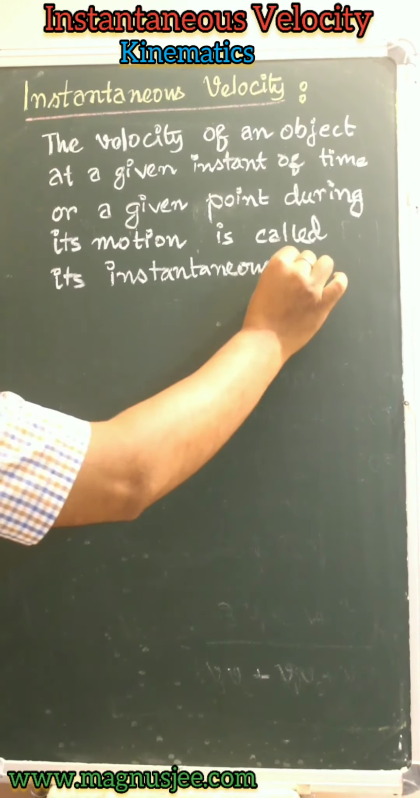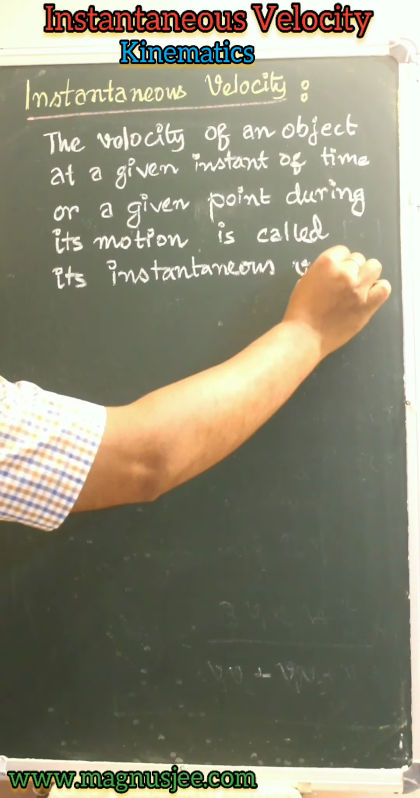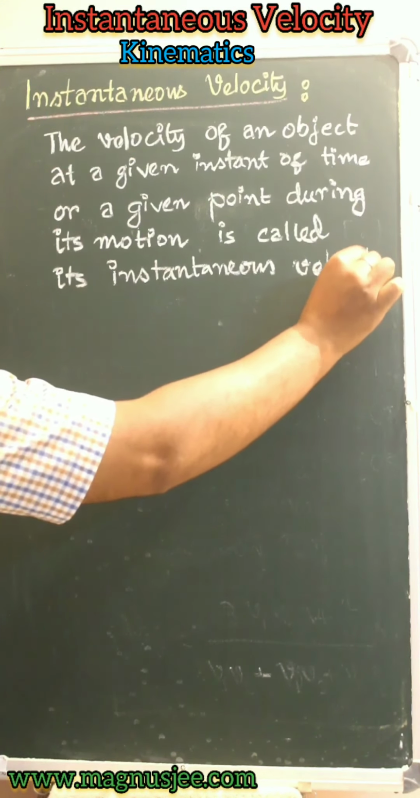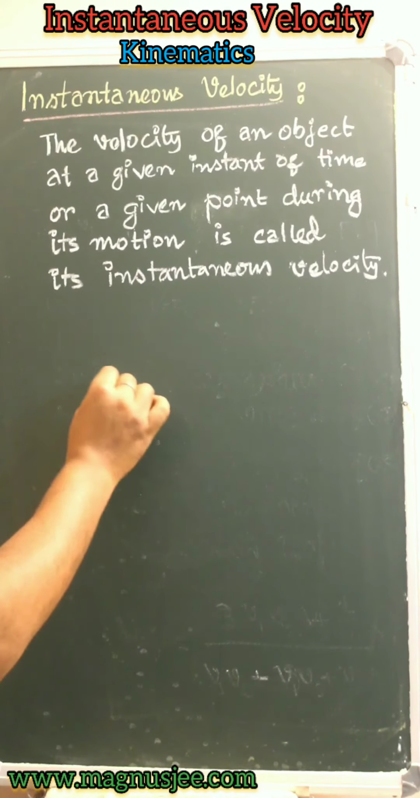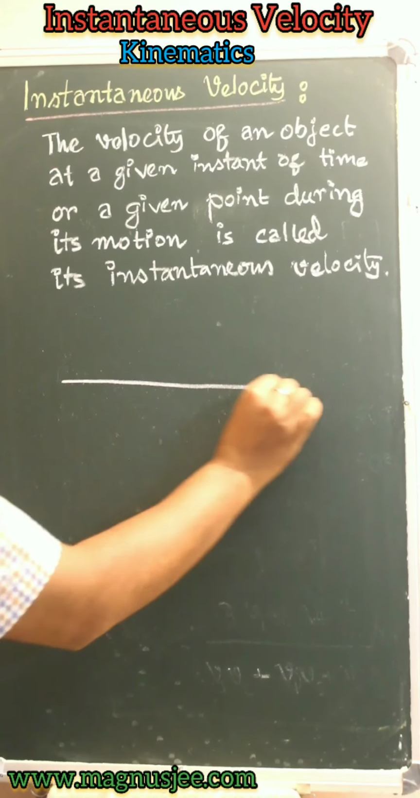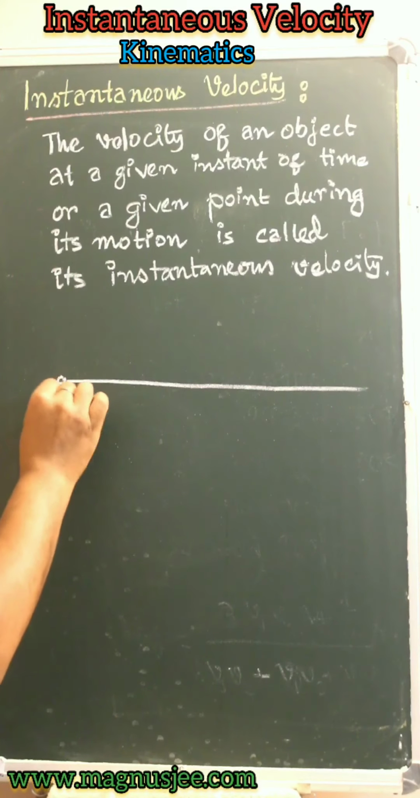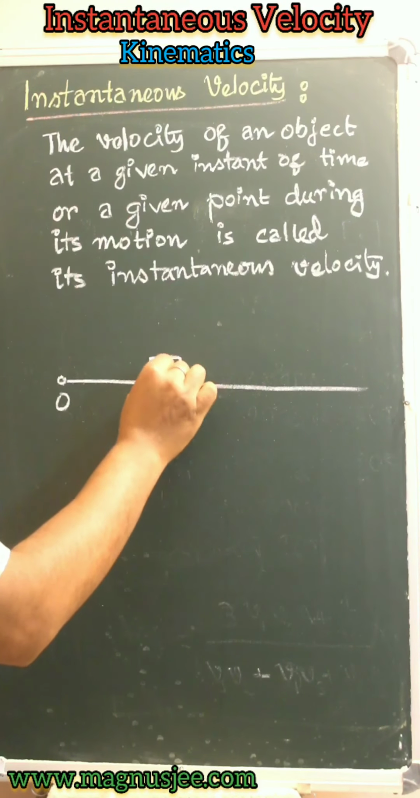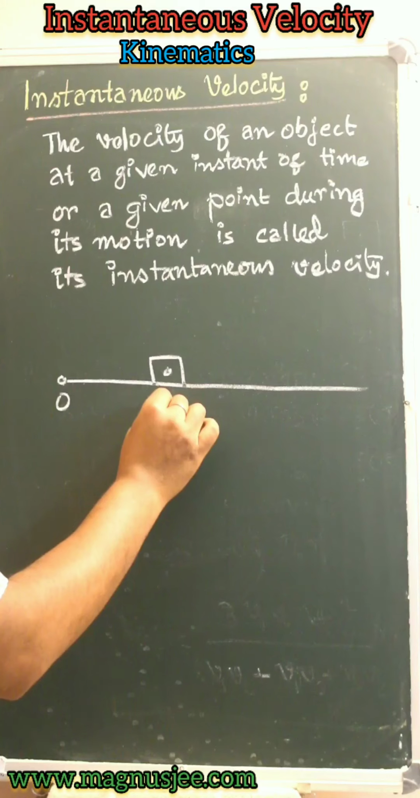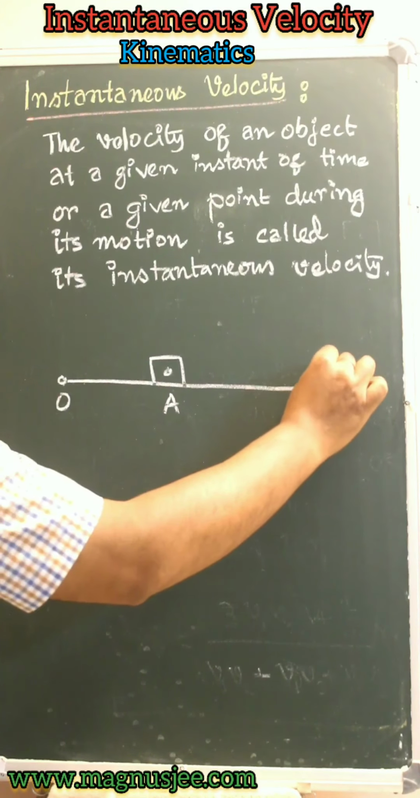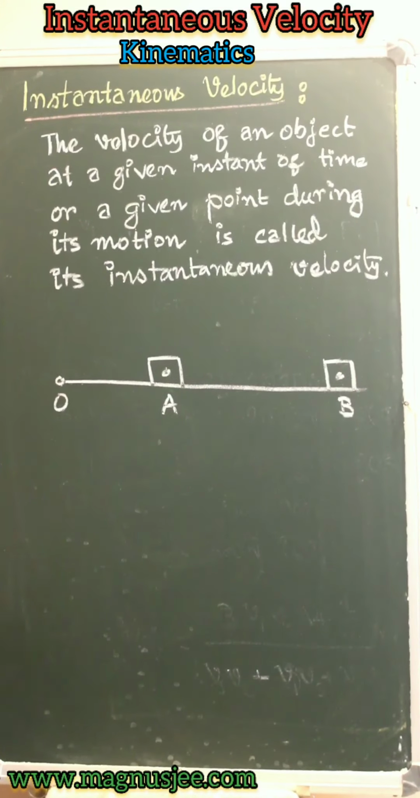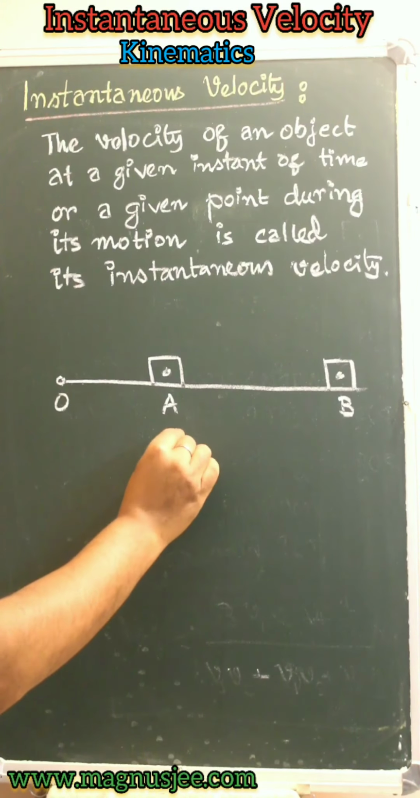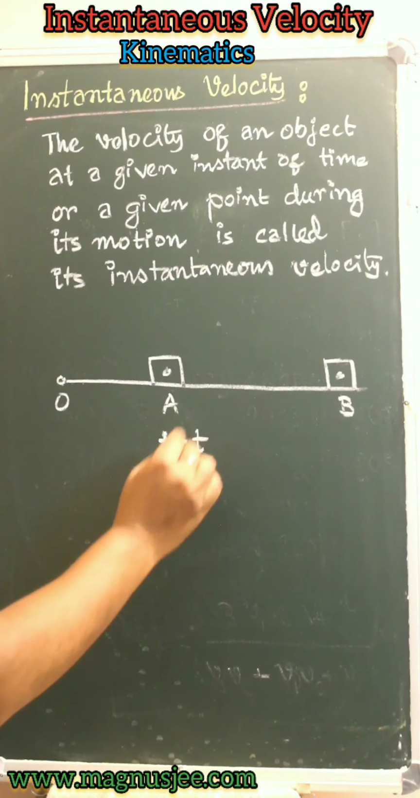Instantaneous velocity. We can draw a diagram to explain what is instantaneous velocity. We consider a point O and a body is at the point A, and finally the body reaches the point B. At instant t equal to t,